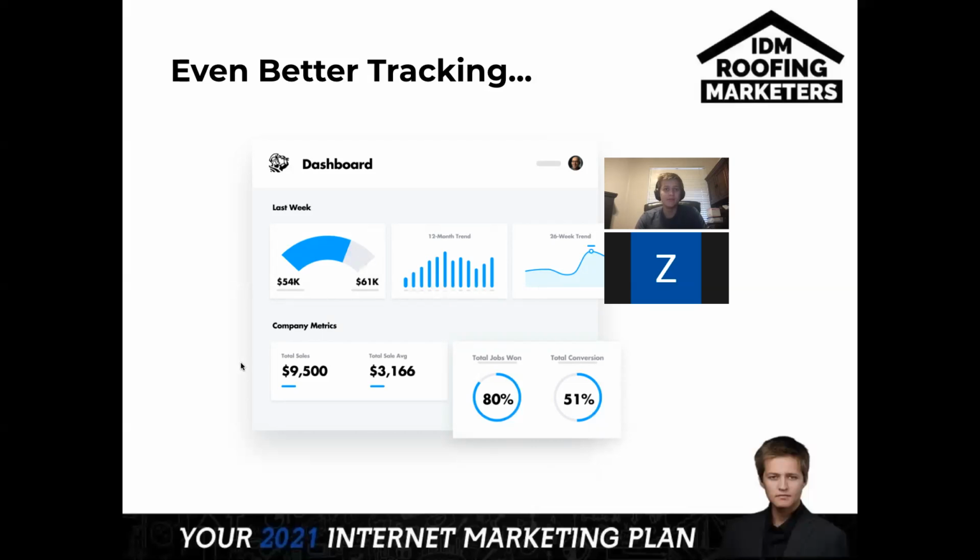As you can see here, company metrics, last week, you can see some information here, 12-month trend, 26-week trend, total sales, $9,500, total sale average, 3,166, and then kind of go from there in terms of break it down. What was the marketing spend? Which percentage of projects came from Google Ads? I guess you can get your number as to how much you rely on Google Ads, and if you're getting